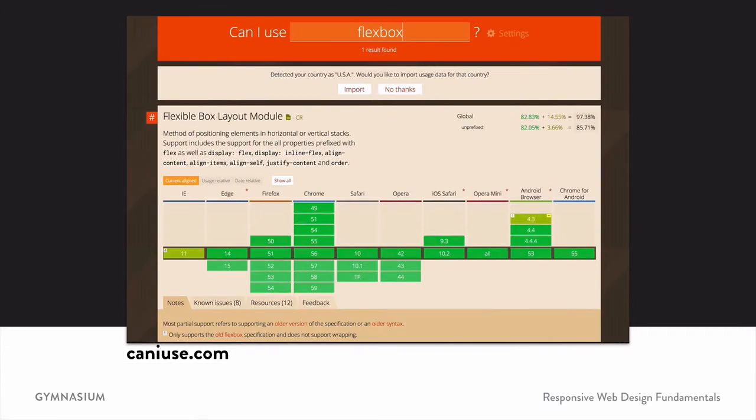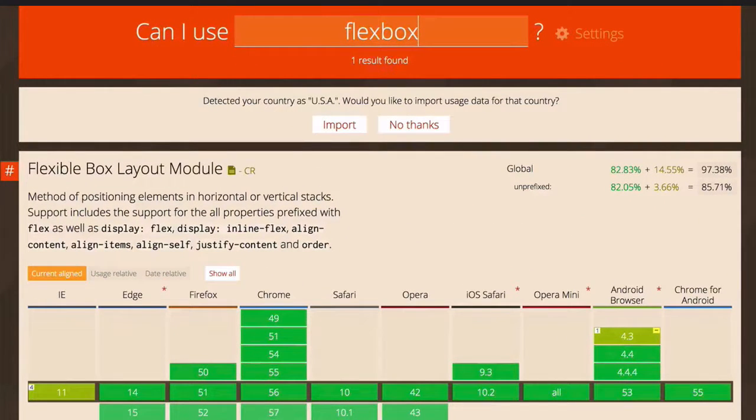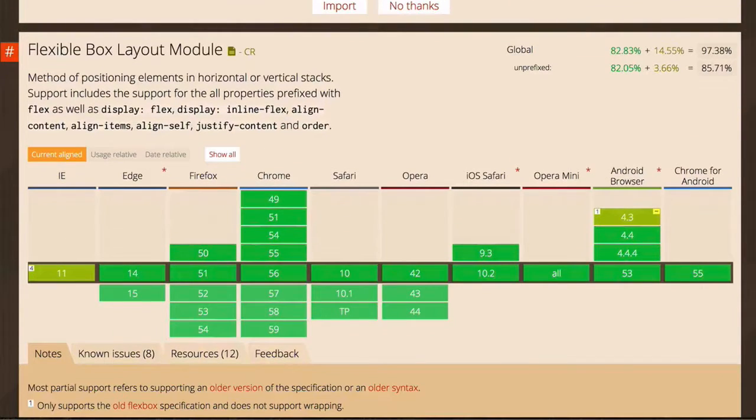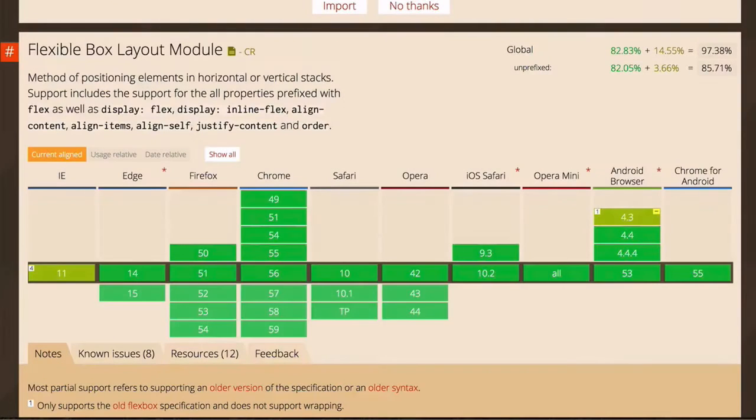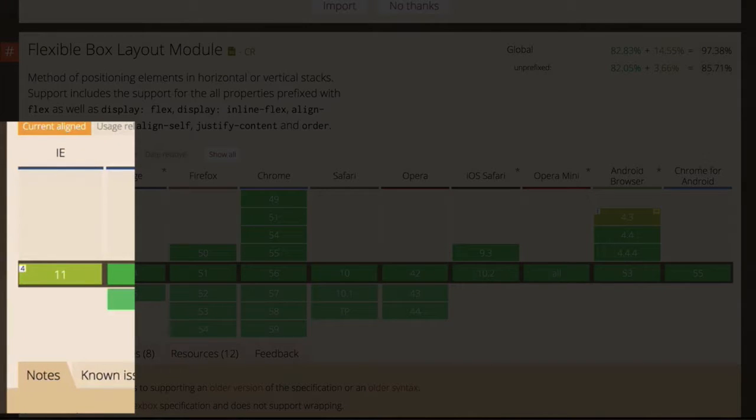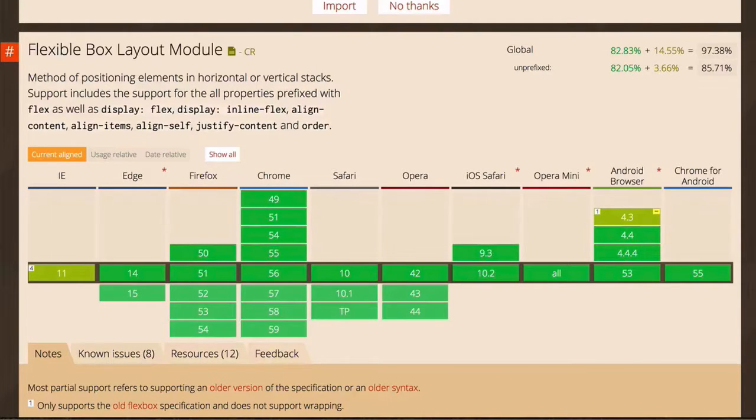So right here I'm just taking a look at the compatibility of Flexbox. You can look up any kind of CSS attribute there and see how well it's supported. You can see that pretty much across the board we can start to use Flexbox and be pretty confident that it's going to work. It looks like the global compatibility with devices accessing the web is actually up over 97%. You do have to remember that some percentage of that is with conditional support, or it's only partially supported in Internet Explorer 11, but otherwise it's in pretty good shape.